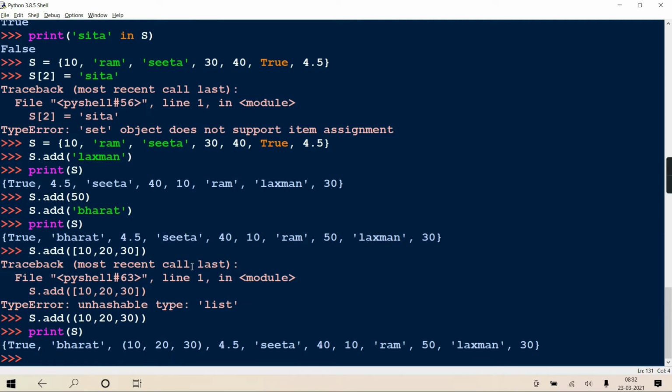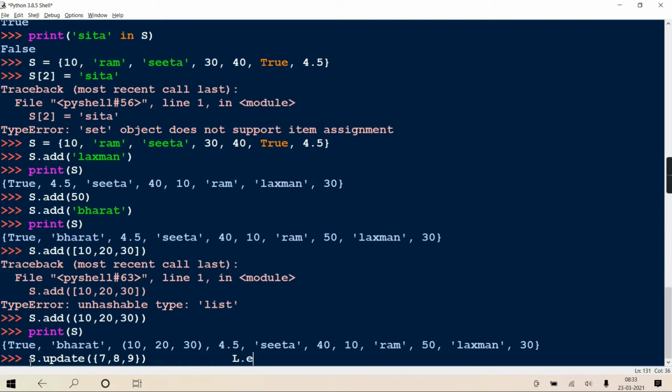Now, if suppose you want to add elements of one iterable in your set, that too you can do by using update. Like here, suppose I am giving one set with values 7, 8 and 9. This is a whole set, so it will not add that set in S. It will add the elements of that set in S, exactly like in case of list.